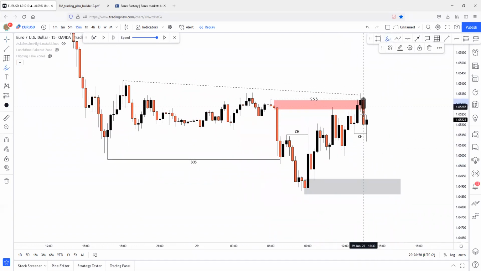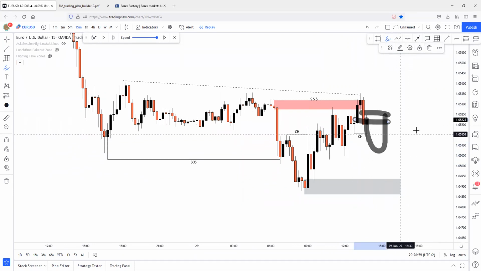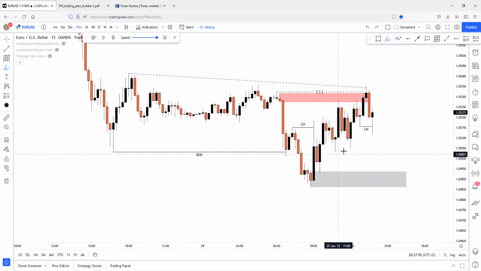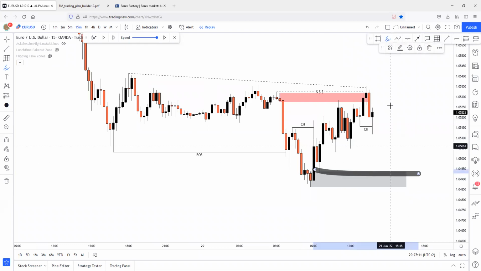For example, price changes character here, which has happened, right? After the character changing movement, price returns to some supply zone, creates some good entry opportunity on the supply zone, and we'll be able to target this demand zone with our shorts. Because, as you can see, we have more liquidity to target here. These are double bottoms, or it can be called a liquidity trend line above this demand zone. So this is liquidity to take, liquidity to target for us, right? For the shorts.